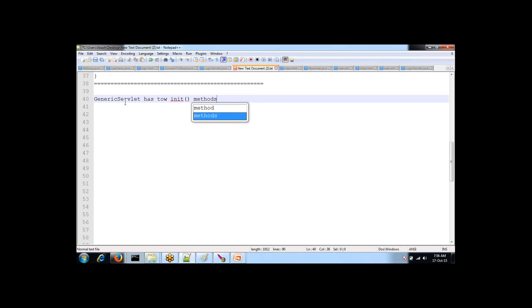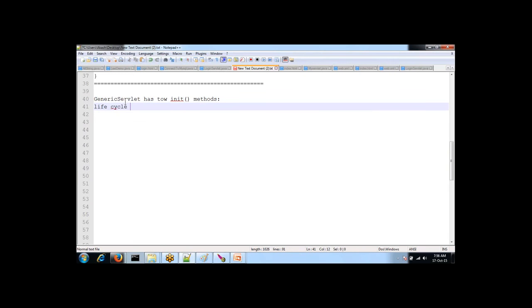Normally if I'm talking about lifecycle methods, I have init, service, destroy, and the lifecycle init method will be something like this. It has one parameter. The parameter is important here. The method is fine, but the parameter is important. So I have one parameter called servlet config sc, and this method is nothing but lifecycle init, which is coming from